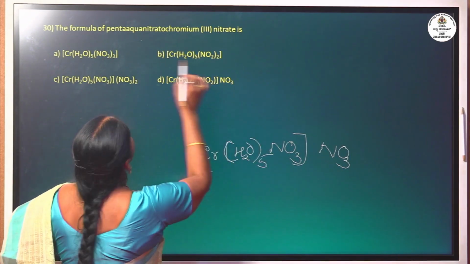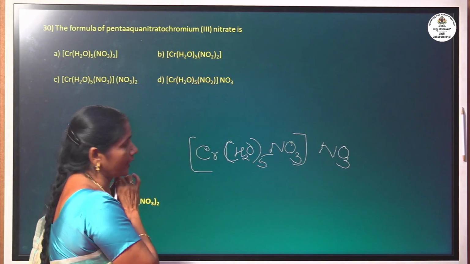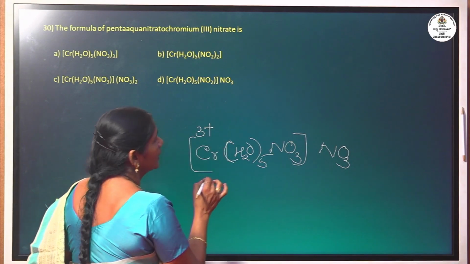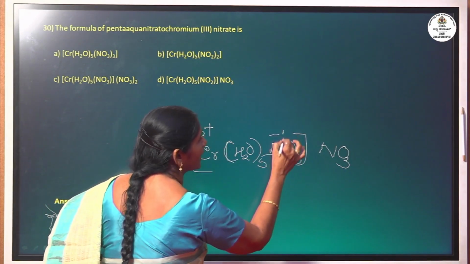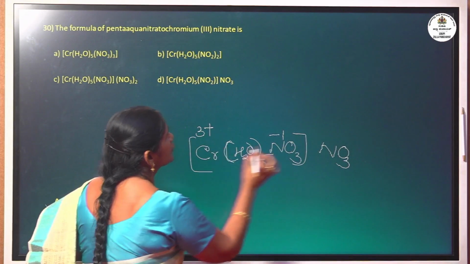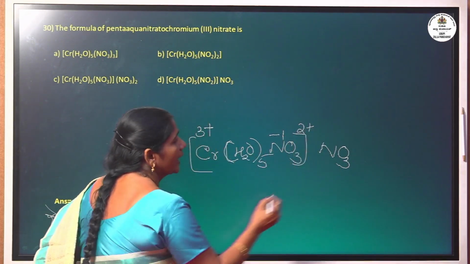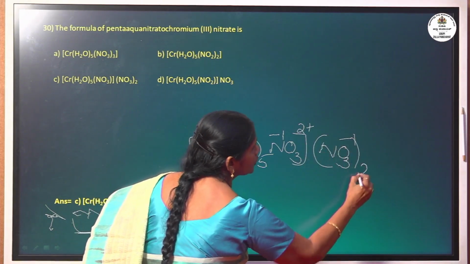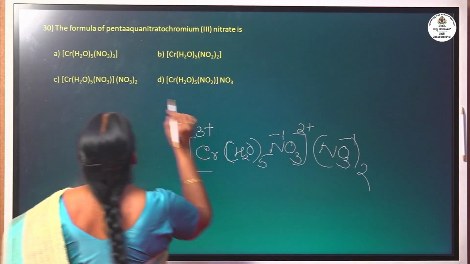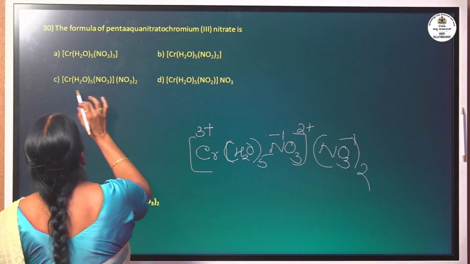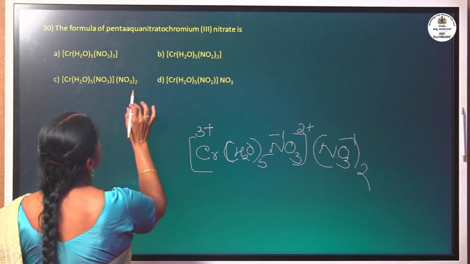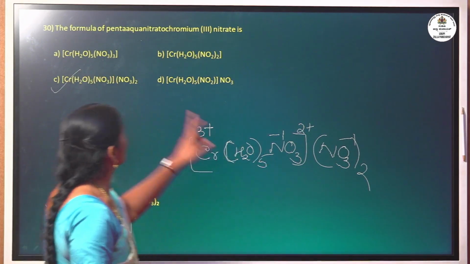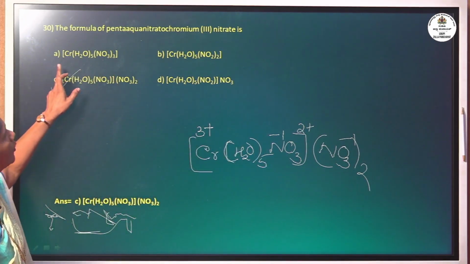Now in this we have to select the correct formula. Here, chromium is 3 plus. So if this is 3 plus, and nitrate is minus 1, so it will be plus 2. And this is minus 1. So how do you balance? So this should be 2, nitrate 2. So where is the correct formula? Cr(H2O)5(NO3), (NO3) twice, and C should be the correct answer. So this is the correct formula of